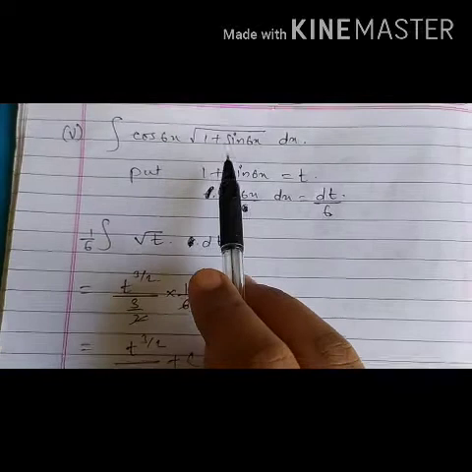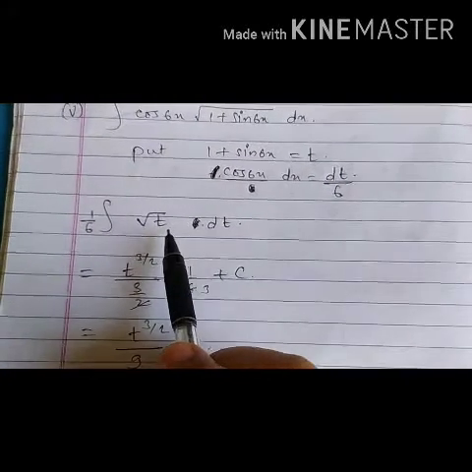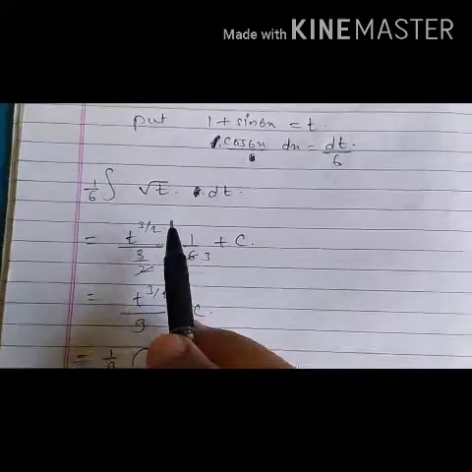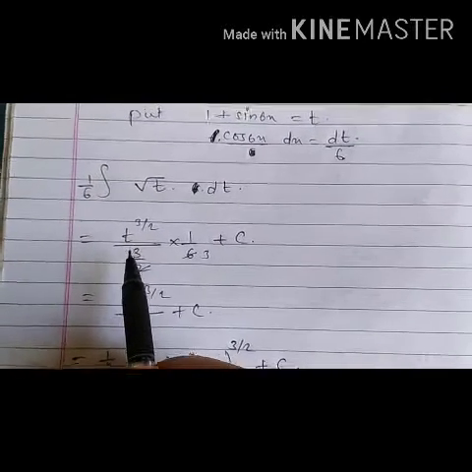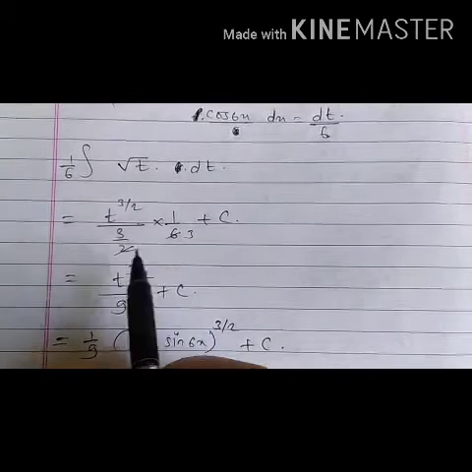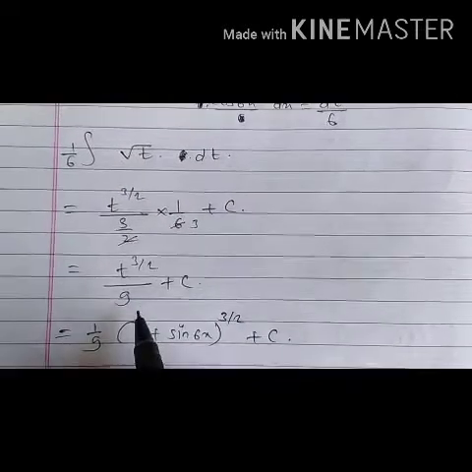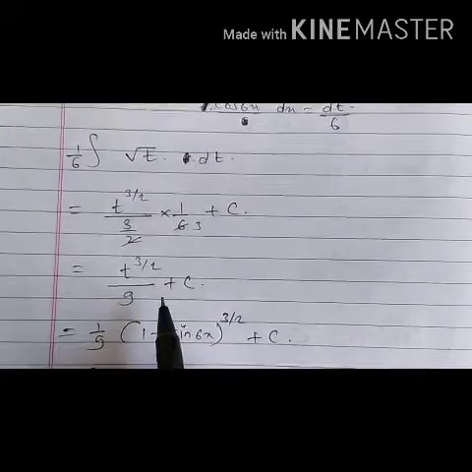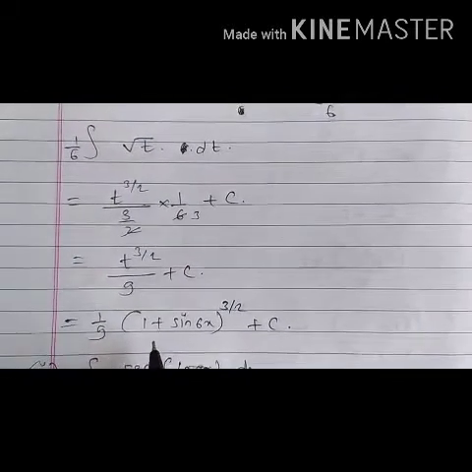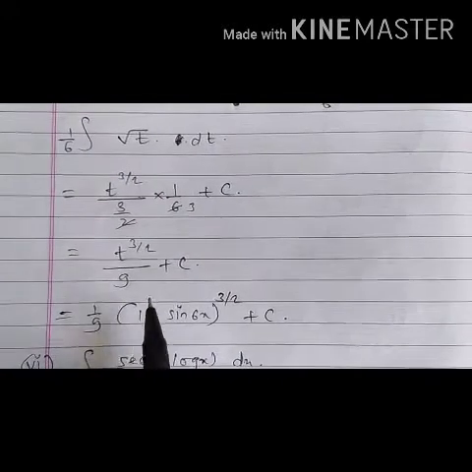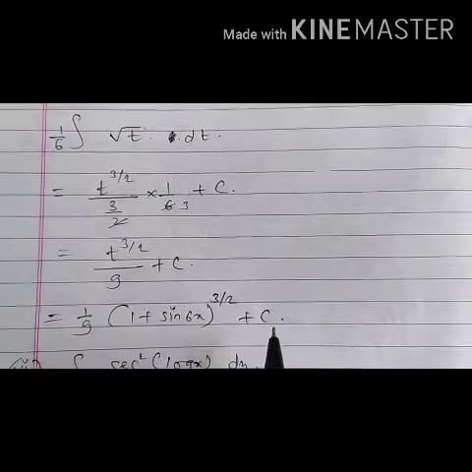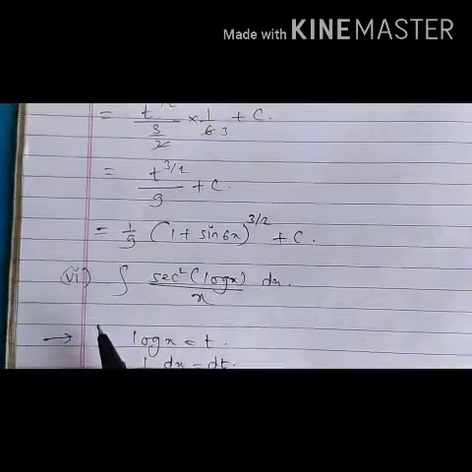Now here we have taken this term as t, so it will be in a root. So it will be root t dt. Now we know that t raised to half is there. Then its integration will be t raised to half plus 1, that is 3 by 2 upon 3 by 2 into 1 by 6. We know that 2 3s are 6. So 3 into 3 will be 9 and t raised to 3 by 2 power plus constant of integration. Okay, now we will resubstitute the value of t. It will be 1 plus sin 6x. So 1 upon 9 into 1 plus sin 6x raised to 3 by 2 plus constant of integration. Understood?